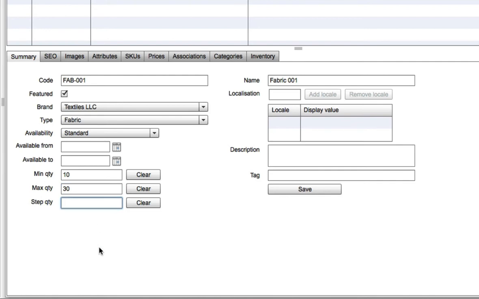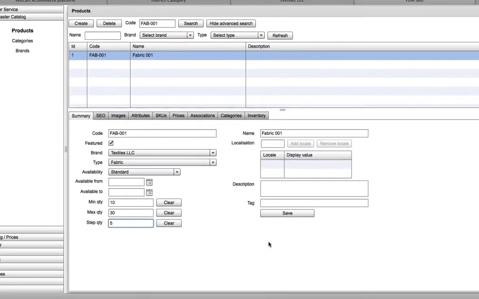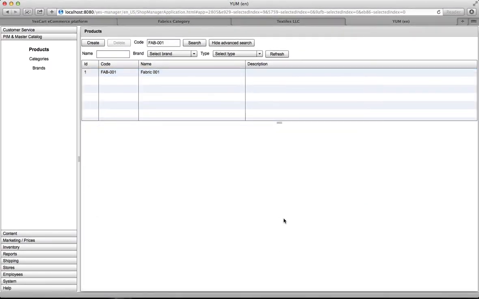And say the step quantity can be no less than 5 meters, so they can order 10, 15, 20, 25 or 30 maximum. So if we save this,